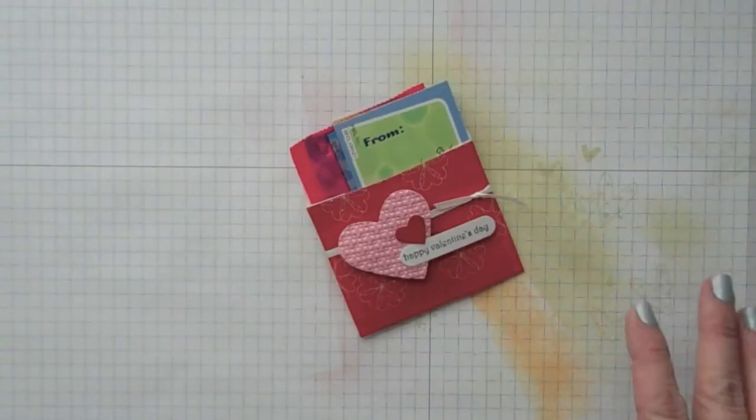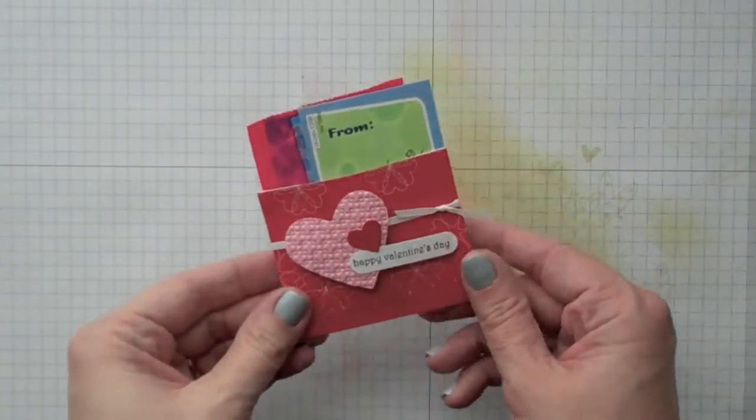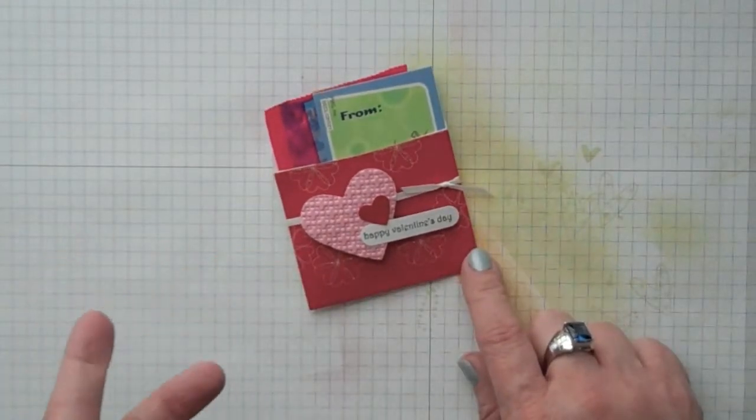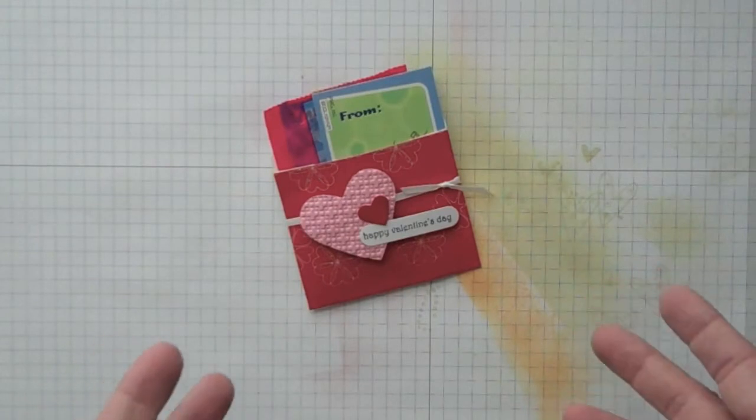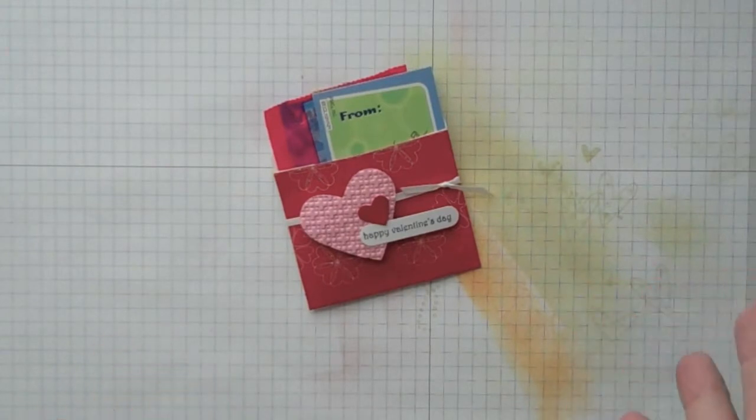Today I'm going to show you how I made this cute little Valentine treat holder. Like I said, it's really easy and simple to do. And this is one of those items where if you're mass producing it for like a child's class, for example, I had to make 22 of them, you need something that's quick and simple you can put together fairly easily without a lot of extra work